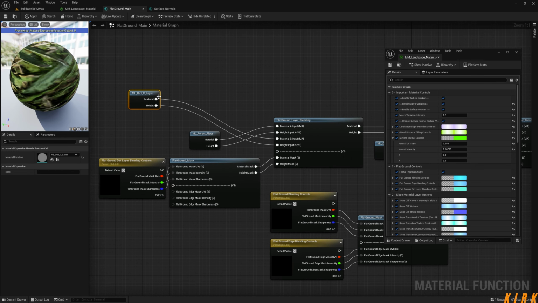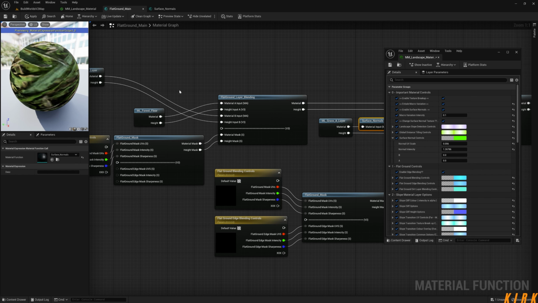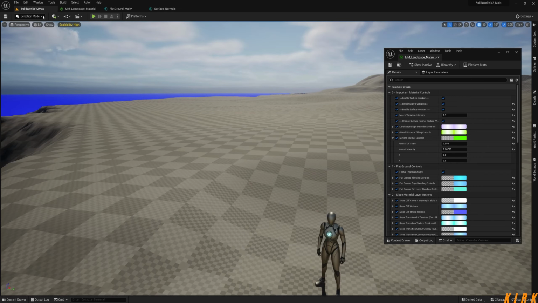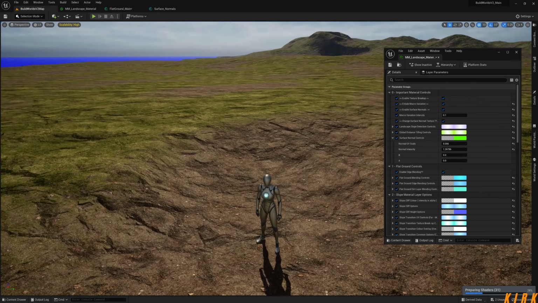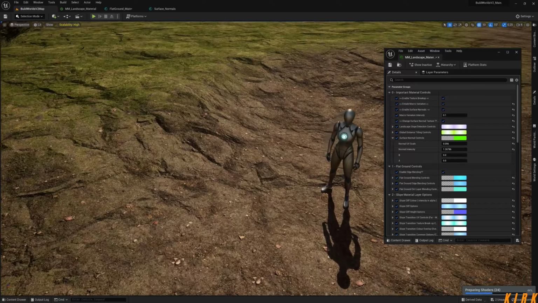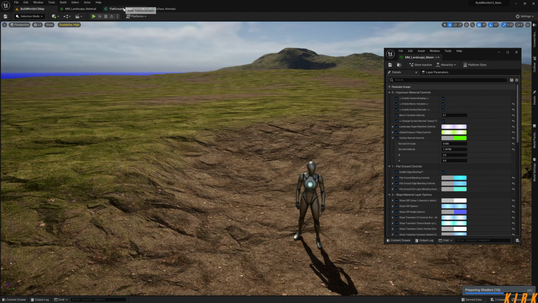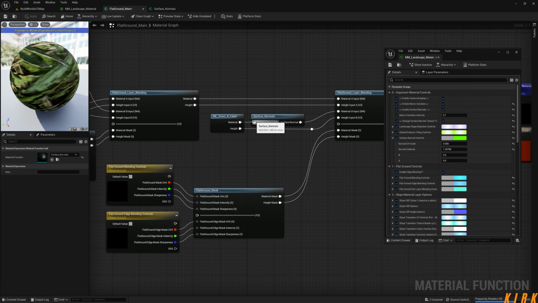Like if I come to this dirt sea, and I make a duplication of this surface normal, just apply it in there, like so. And now when I hit apply, you'll notice how the dirt in here now is affected by that normal. And I also can come into my flat ground main and just remove it from there as well if I want to. Hit apply